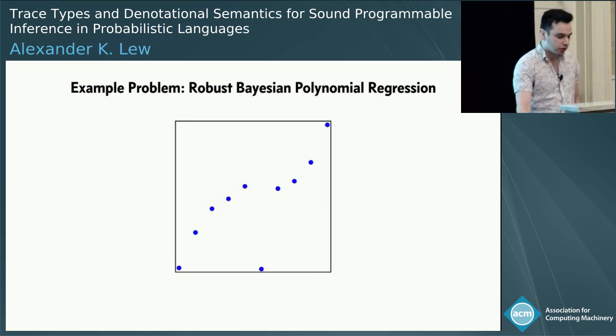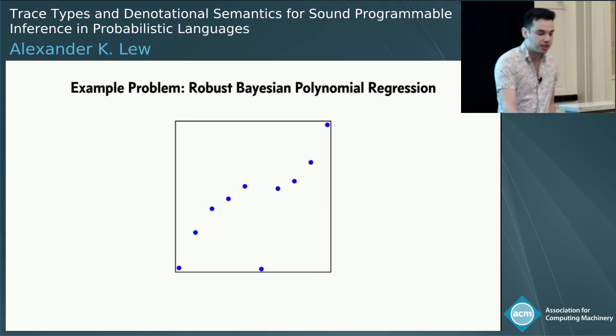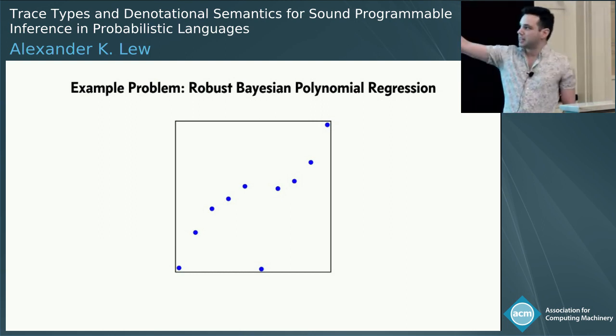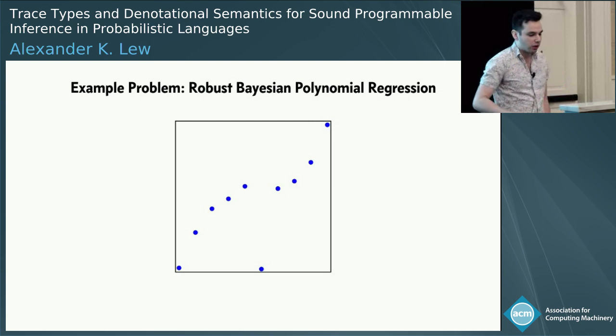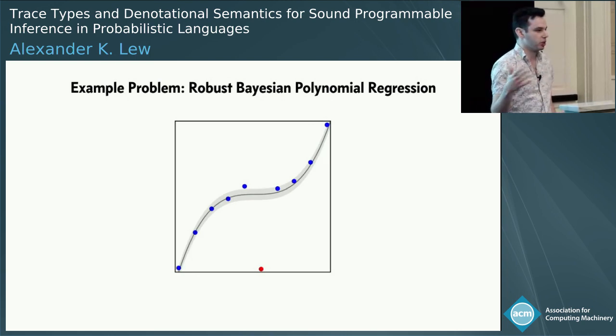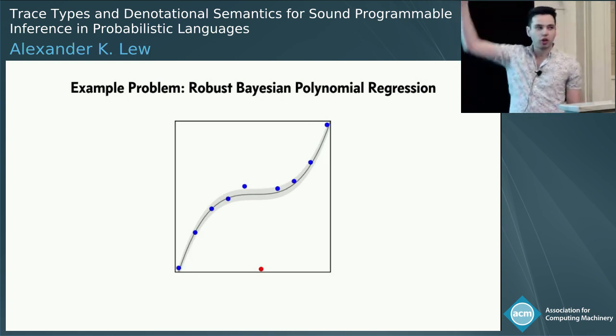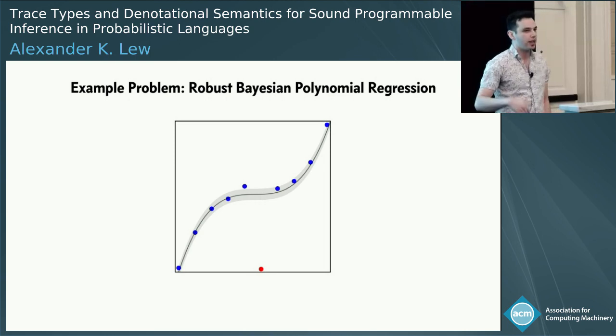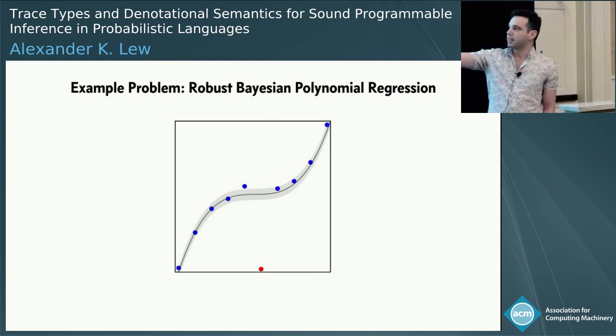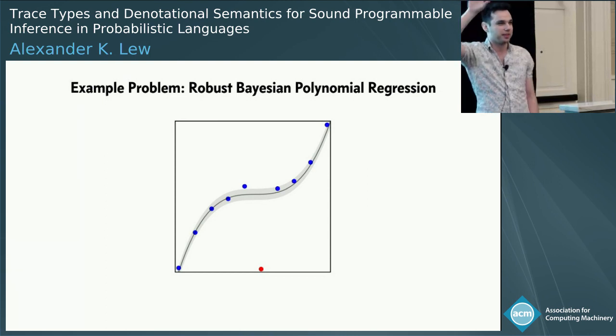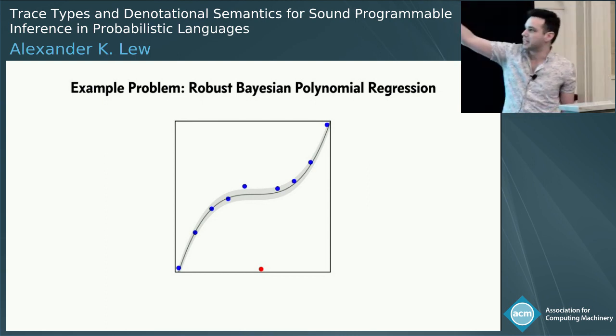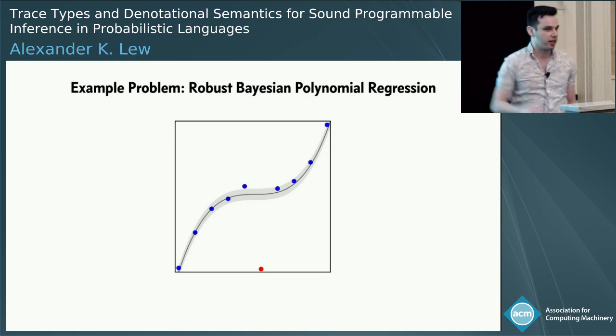So the tutorial inference problem that we're going to be solving today is robust Bayesian polynomial regression. We're given a data set like this of x, y points in the plane. It might have outliers, it might have some noise, but we want to explain this data set in terms of a noisy polynomial relationship. That means that given a data set like this, we want to recover all these latent variables that explain it, which include a polynomial curve near which many of the points lie, as well as classifications of other points as outliers that don't lie near that curve. And a noise level represented here in this faint gray color. I hope that it's visible on the screen there, which is the standard deviation away from the curve with which these points are generated. Okay?